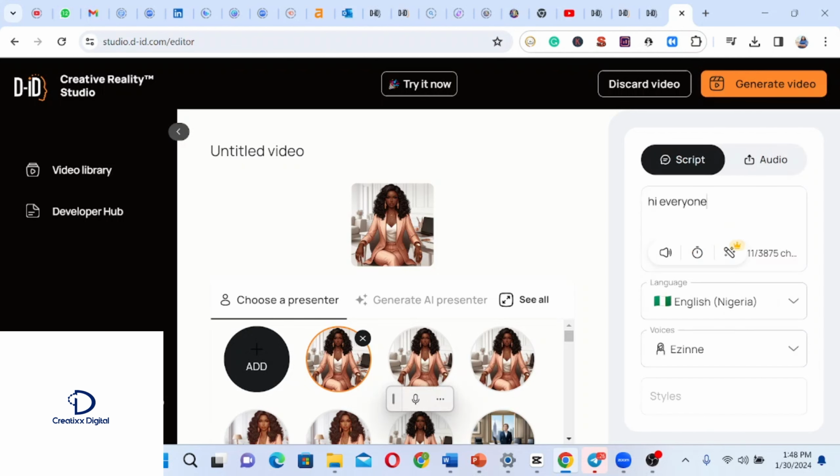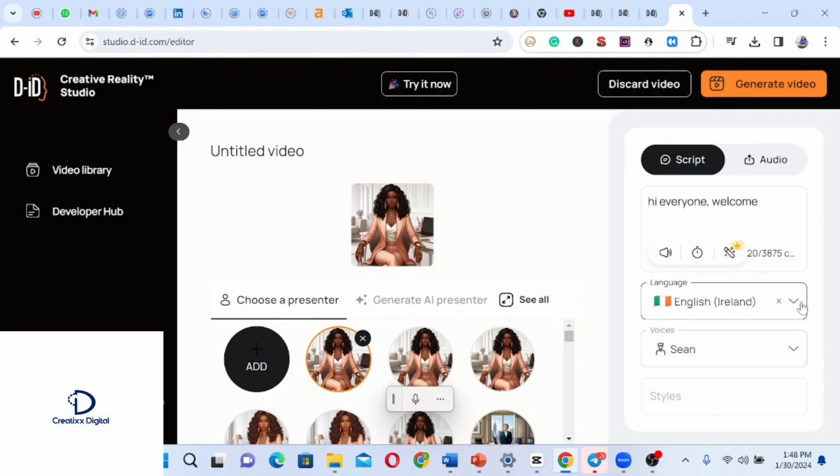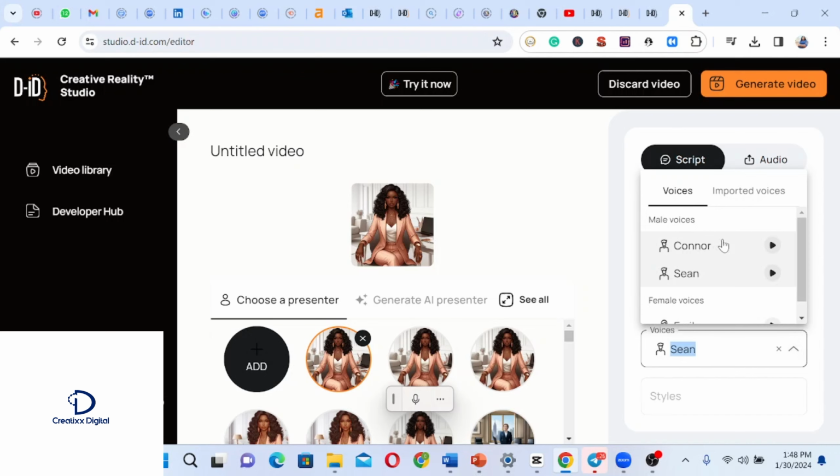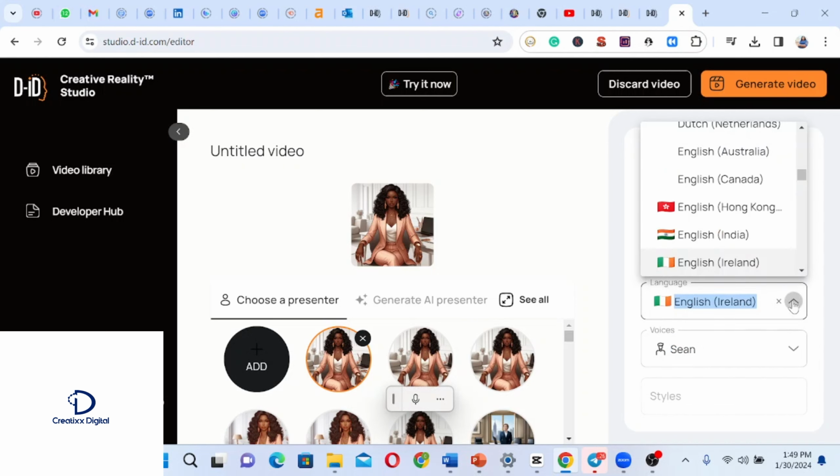You either type a script here, and there are a lot of languages you can choose from. You can type something here and select the language you want, either Nigerian English, UK, or United States. Then you select whether you want male or female and the type of voice you want. You also select it here. Then if you don't want to go this way,